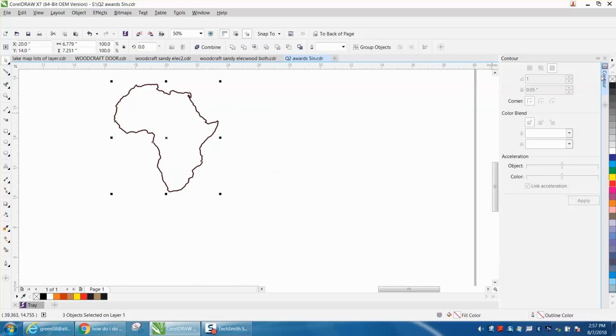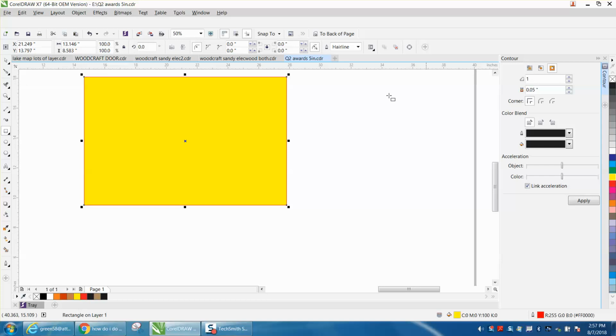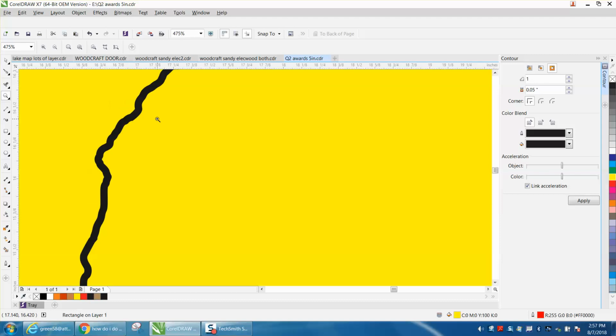Select the whole thing and just left click, no outline. So now you've got an engravable part, and maybe that's what the person was wanting anyway. Let's turn that box yellow and go up to backup page. So that's an engravable line. It's thicker, it will engrave good,